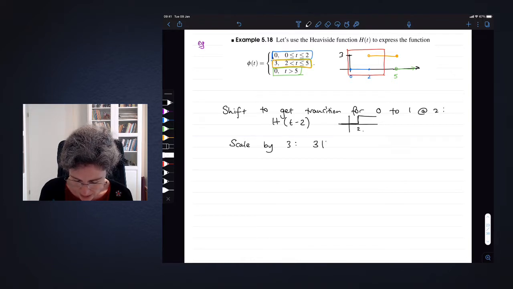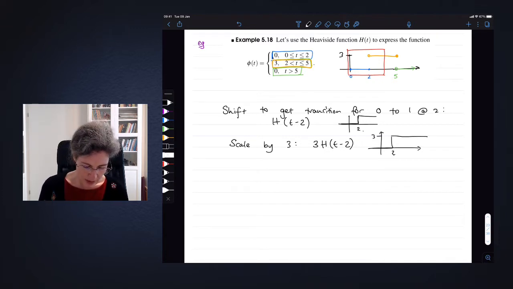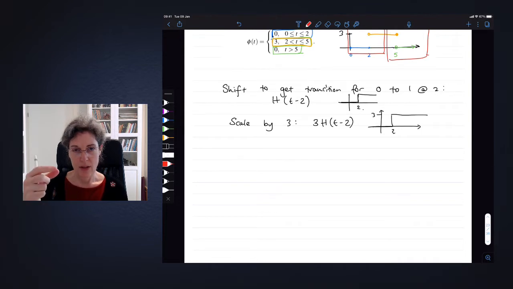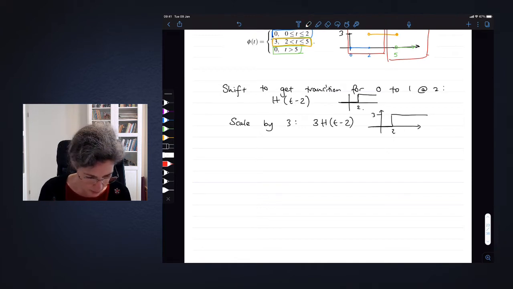So we get 3 h of t minus 2. So that is now giving us this thing. But now the question is, how do we tackle this bit over here? And the thing to notice there is that if you were to take the negative of the Heaviside function, then instead of going from 0 to 1, you would go down. You would go from 0 to minus 1. So we can use that idea to give us a step down function. So we can get a downward transition